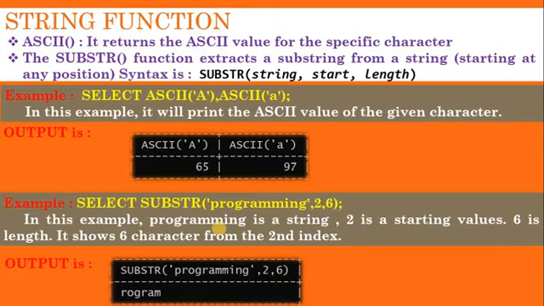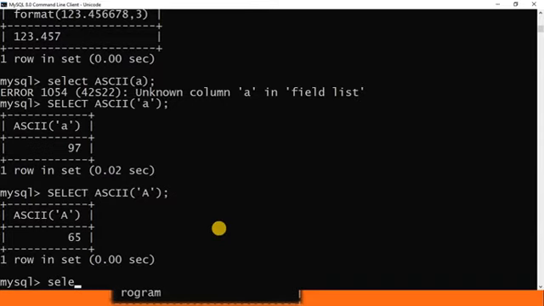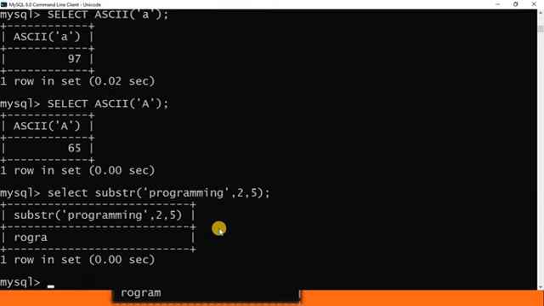SELECT SUBSTRING, I am giving the string 'programming', comma, the starting index 2, and after that 6 characters. From the second index onwards it displays 6 characters. See the output in the SQL command line. SELECT SUBSTR also works: 'programming', 2, 5. After that 5 characters, 'rogra'.